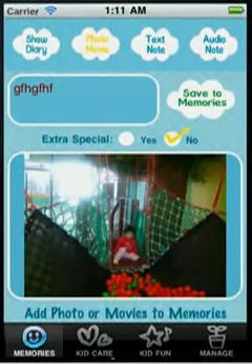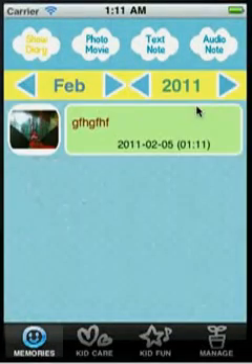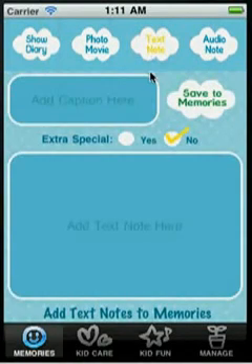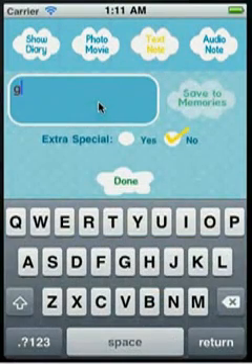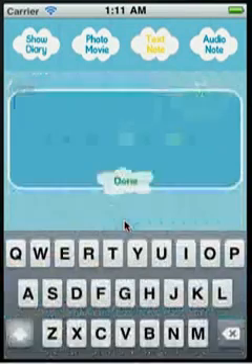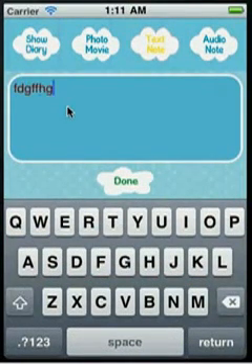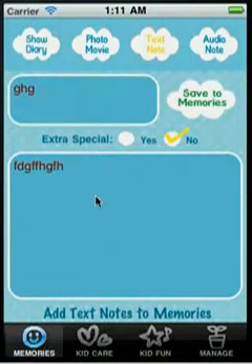and we can choose this and add it here. Save to Memories. So this is the latest photo that's been added, and similarly we can use the text note. We can add a caption here, then add the text. Today is my daughter's first birthday, or my son smiled for the first time, and what are the feelings and everything that goes with it.